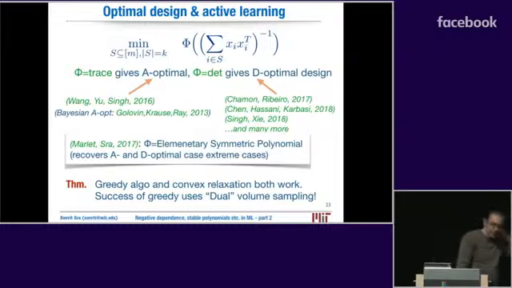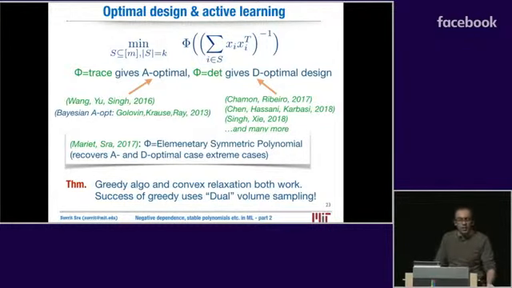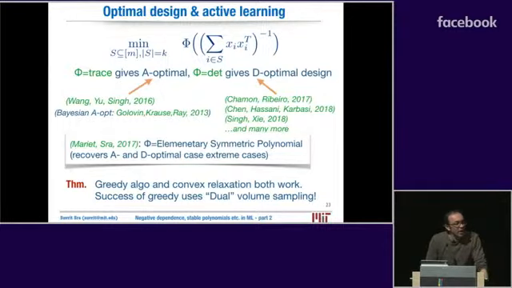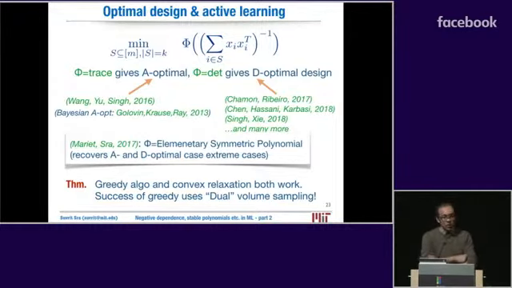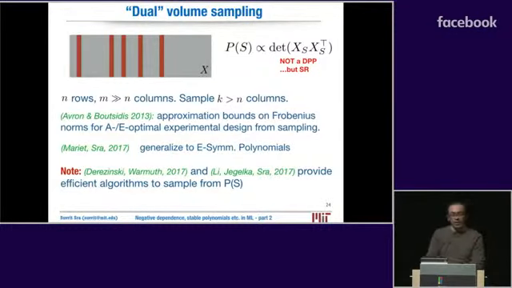But the crux is that this is a combinatorial optimization problem, and there's a full set of them that you can solve. But the most interesting consequence here of negative dependence is that you can use some kind of greedy algorithm to pick which experiments to run, and you can prove how well that greedy method performs. The proof of it, not the implementation, depends on being able to sample according to this probability measure, which we call dual volume sampling, which, as Stephanie noted, is not a DPP, but it's an SR